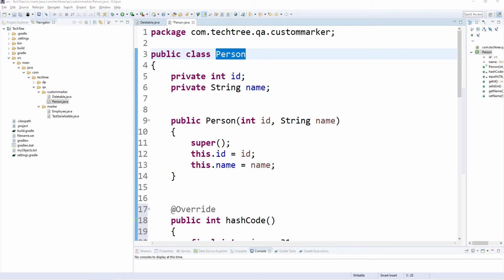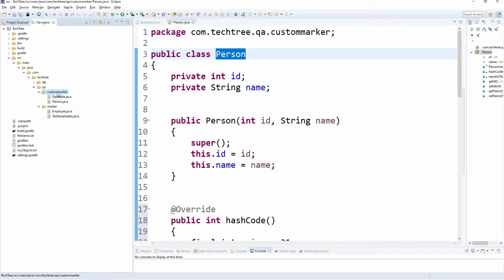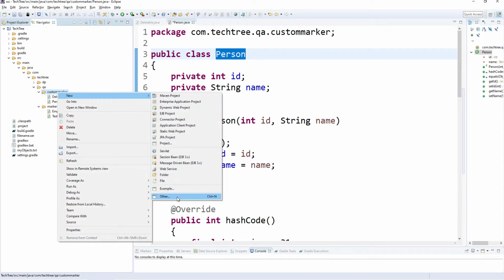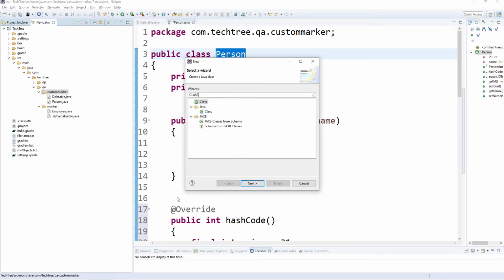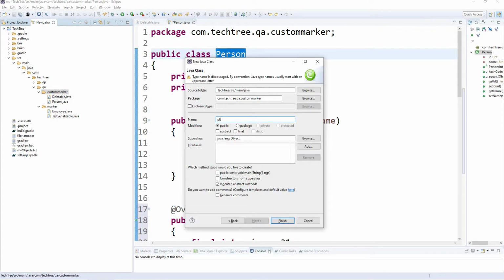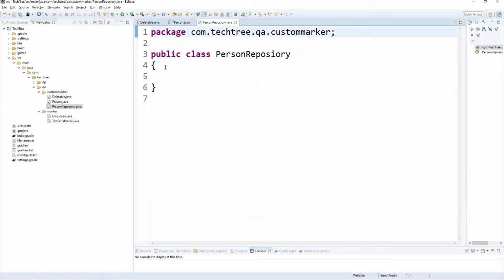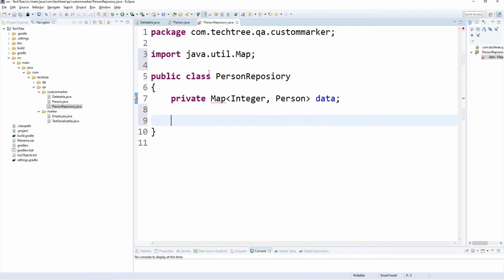Let's create a PersonRepository class. Person repository will contain the objects of the Person class, so let's create a HashMap. In this HashMap we will store all person objects based on ID.